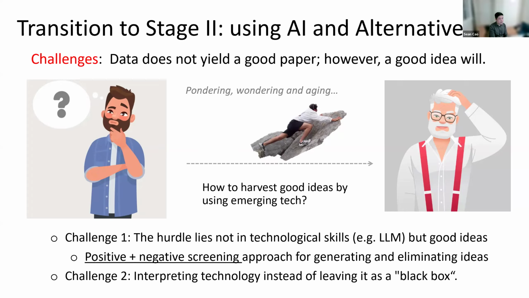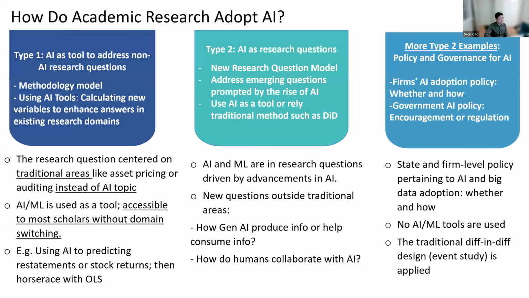Not programming skills, but how to find interesting questions computer scientists cannot think about, and how to make your technology, even if it's complicated, accessible and understood by the majority of people. So these are the challenges I'm facing. And I want to talk about opportunities for AI research, like what kind of opportunities